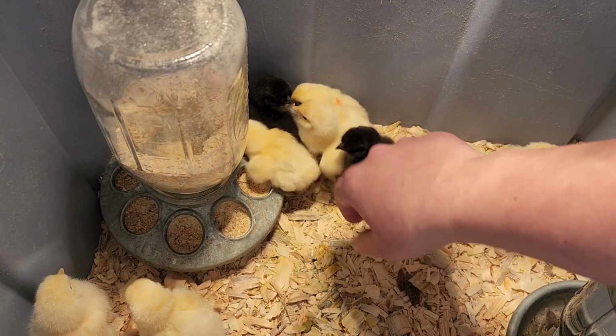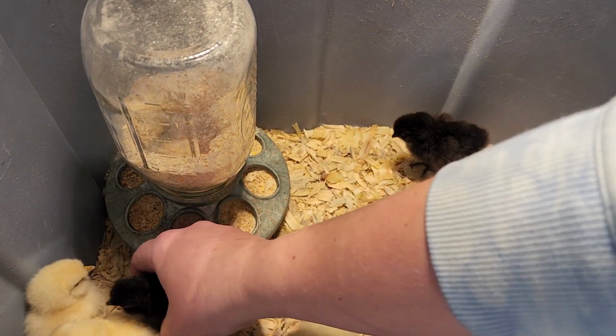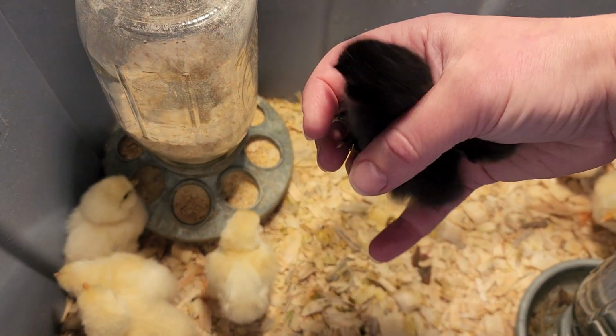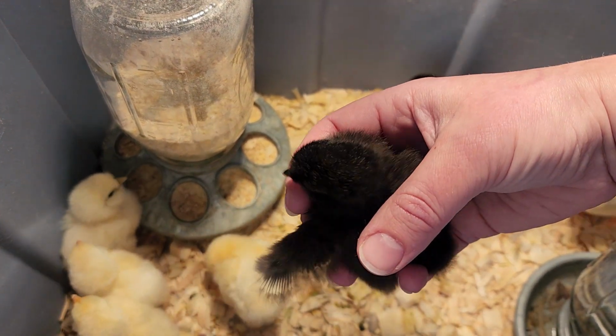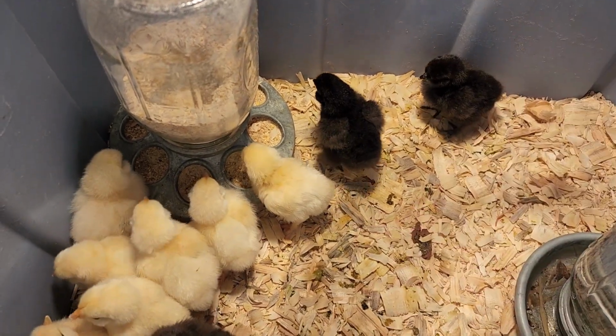And then there's these guys. These 3 will be nice. These 3, they might be crossbreds, but they're so cute. They're warm, so how about we put them in this for just so...